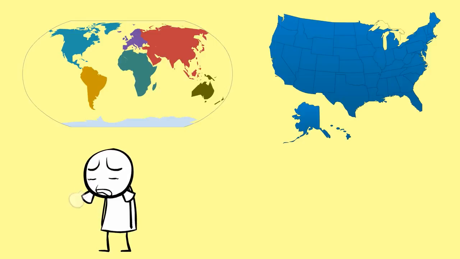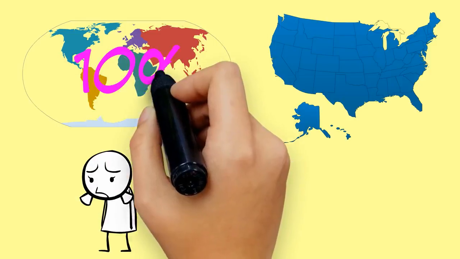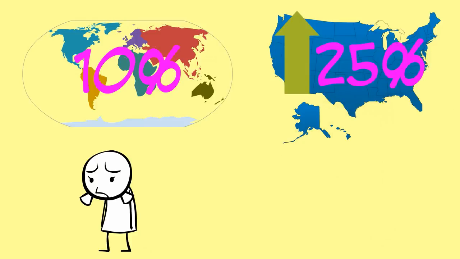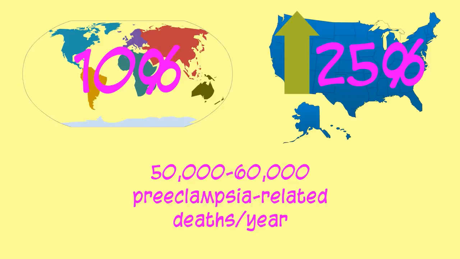Hypertensive disorders of pregnancy complicate up to 10% of pregnancies worldwide, and the incidence of preeclampsia in the United States has increased by 25% in the last 2 decades. Preeclampsia is a leading cause of maternal and perinatal morbidity and mortality, with an estimated 50,000 to 60,000 related deaths